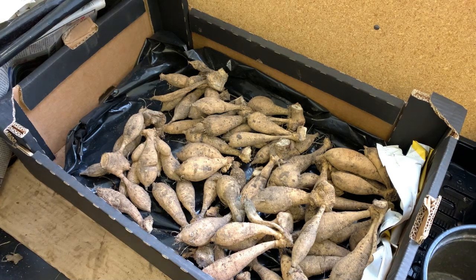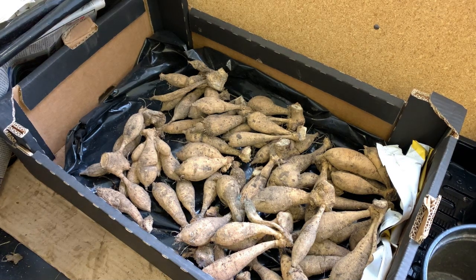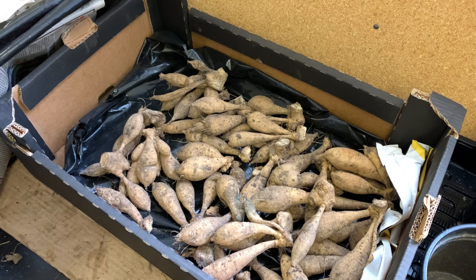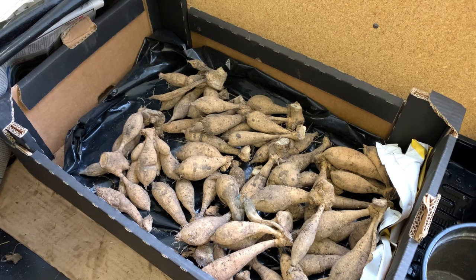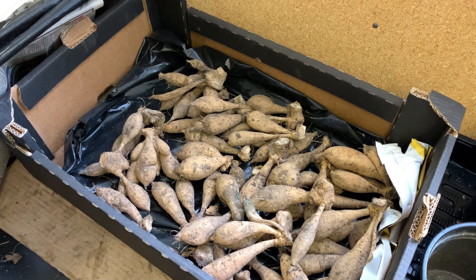I'm going to talk about getting your first dahlia tubers started, and it's now the middle of March here in the UK. If you remember the timeline I talked about in one of my videos about getting your timing right, one of the options in there is to get dahlia tubers started earlier than the normal time,